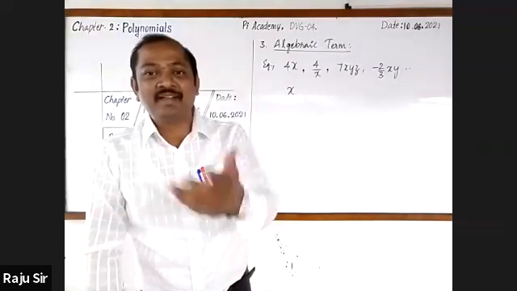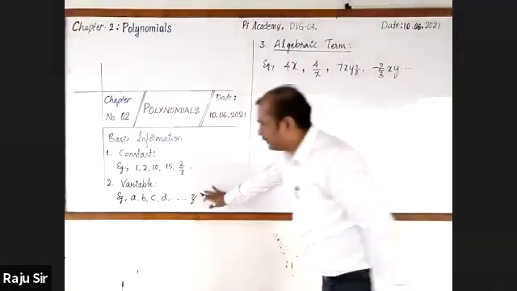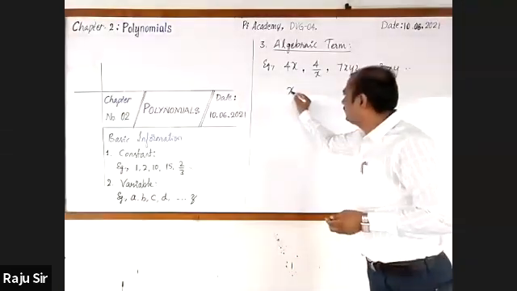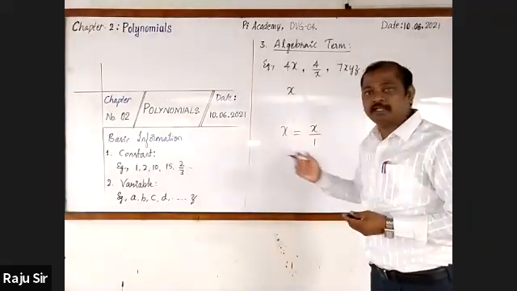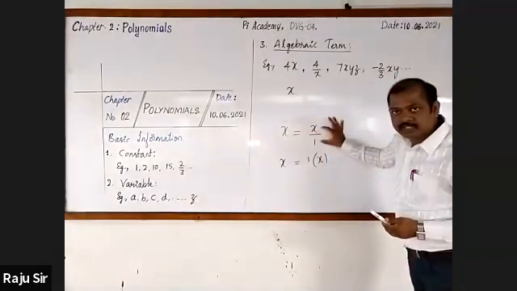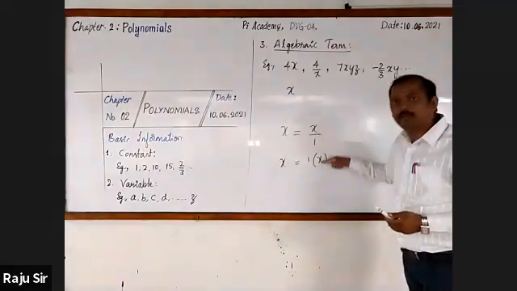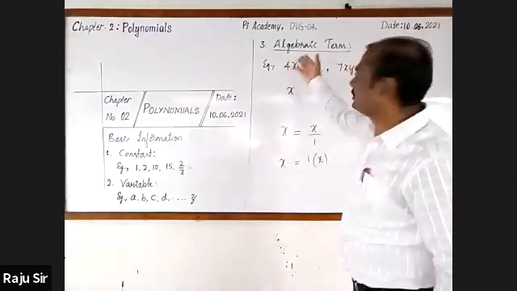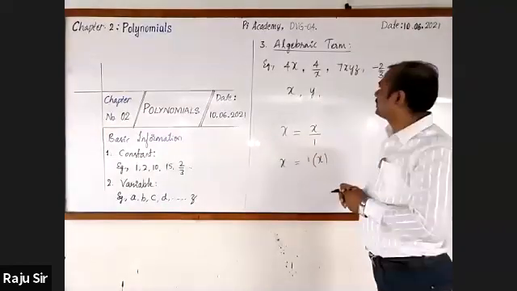Some of you are telling no. Some are telling yes, of course. Okay. The variables are also algebraic terms. Let me tell you why. See, the x can be written as x by 1. X can also be written as 1 into x. Look here. This is the quotient and this is the product of a constant and variable. So that is why all variables are algebraic terms. So x, y, z and so on, they are also algebraic terms.